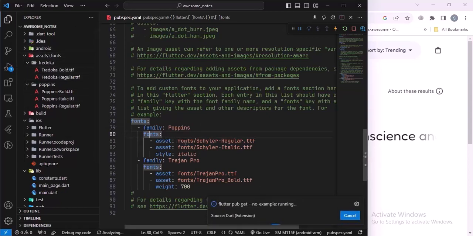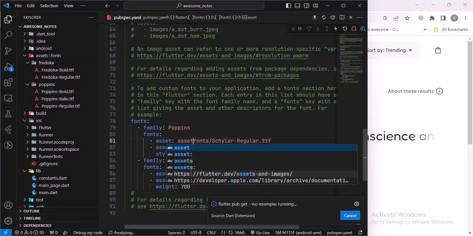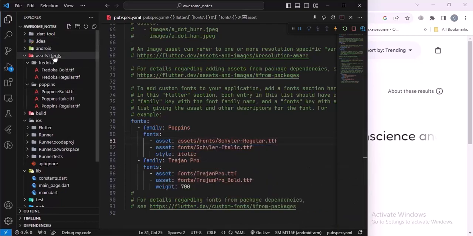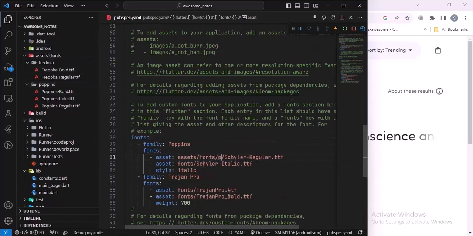So we will say assets slash fonts, and then slash Poppins, and then we have Poppins regular, and then we have again this path that I want to replace in here, but just replace the regular with